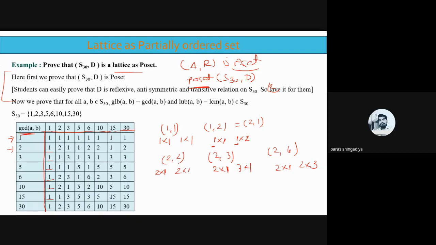And 2 with 15. So 2 और 15 में कुछ भी common नहीं है. ठीक है? 1 is the only possibility. So the answer is 1. And 2 with 30. ठीक है? तो 30 का factor क्या होगा? 15 into 2 and 2 into 1. So 2 is the common divisor. So it is the answer. Clear? And use this value.